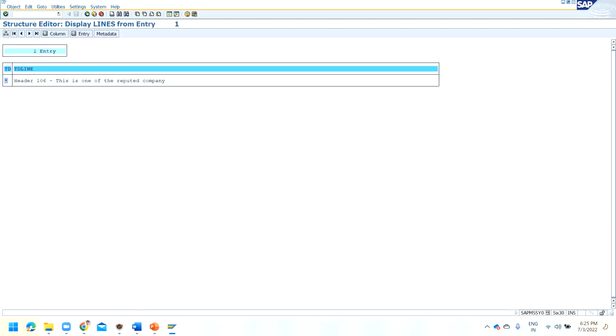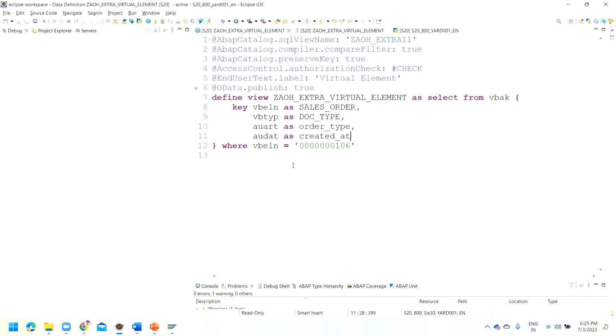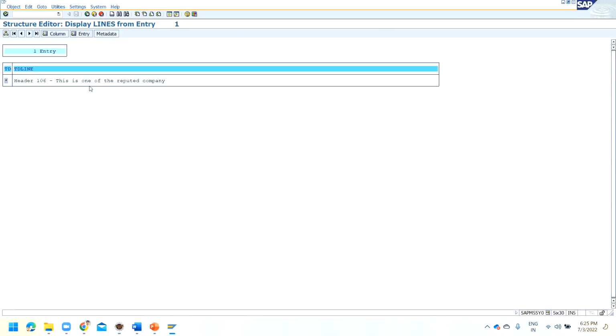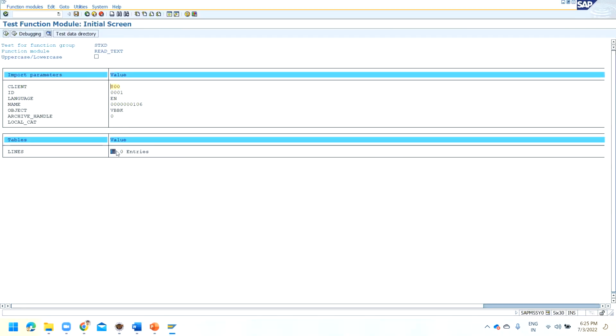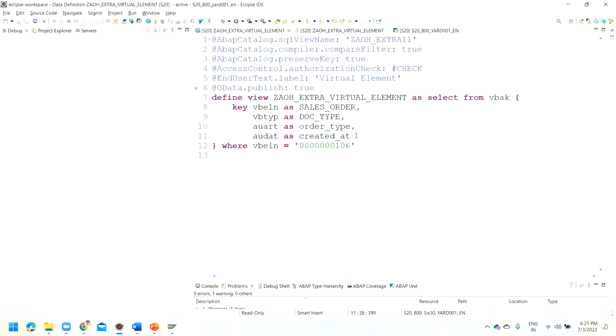But the question is how we can implement the function module over here, and that's where the virtual elements come into picture, right? We have to use this read underscore text function module in order to fetch that particular data, that particular text. But here it is not possible to implement directly, and that's where the virtual element concept comes into picture. So here what you will have to do, you have to define one dummy field cast